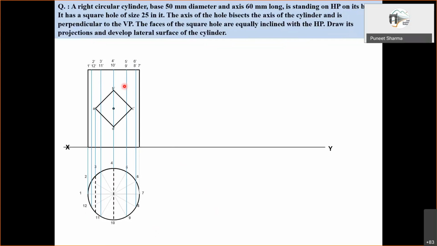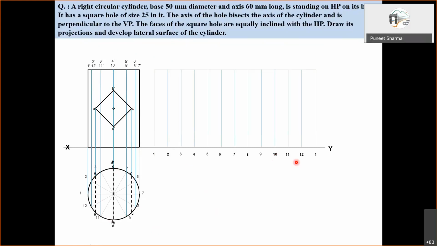These two, of course, corresponding to this and this, we can mark on 4 and 10. Corresponding to this, again a new generator is introduced. So these extra new points we have due to this. So this is what the development will be like.